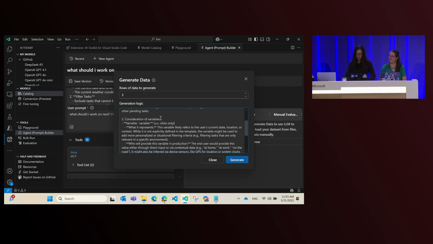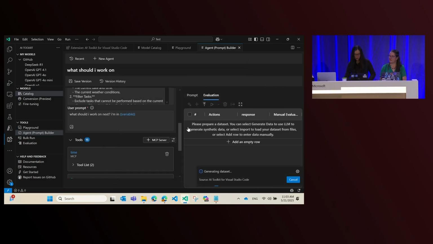That's only because the web MCP server I am using is getting information from National Weather Service, which only works for US cities. So it's not a limitation of the tool or AI or the model. So now we are using AI to generate a data set with random selections of different locations.